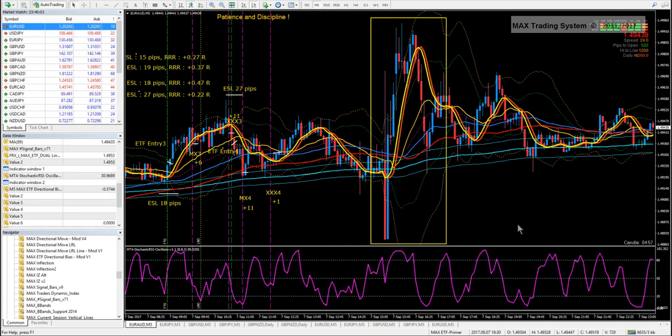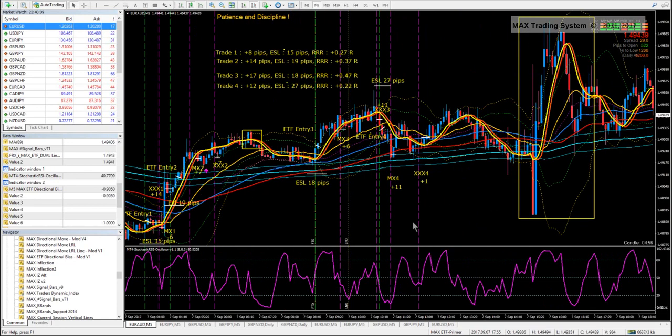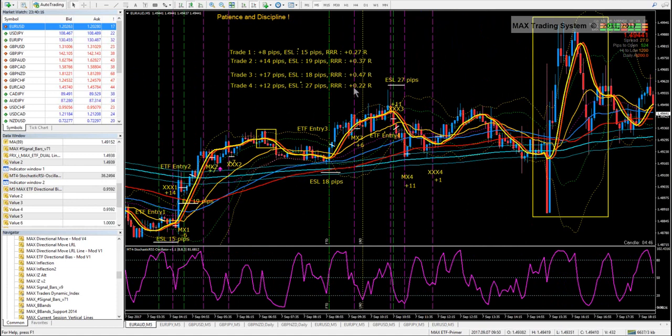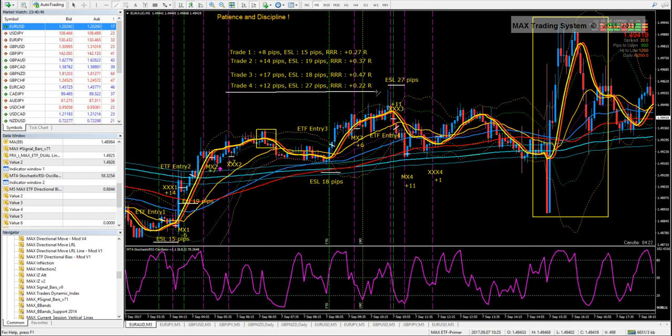And so today was a very difficult day, but we had only during the ASEAN and the European session 4 trades. It happens in this case that despite their small result, they have been all winning trades. And this is due to the fact that we are able with the Max ETF to identify the correct bias most of the time. Of course, sometimes we will have a losing trade. We don't have a 100% winning rate. Of course, this is almost impossible. But in this case, despite the difficulty of the day, 4 trades and 4 winning trades for a total of,